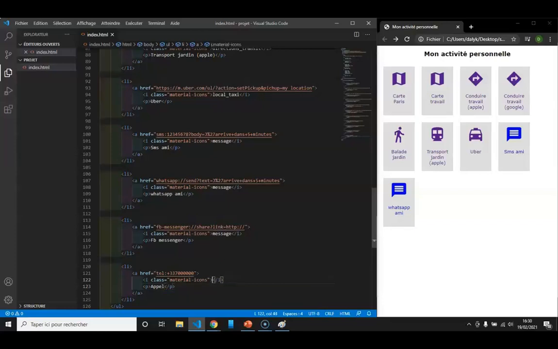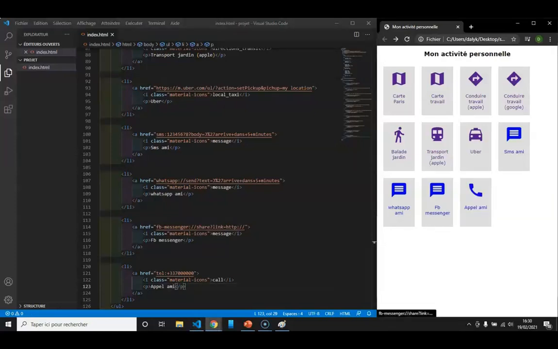It will not be appel but call, and there I will put appel ami. So if I update, I have now my icons that are well here. We can also do it with